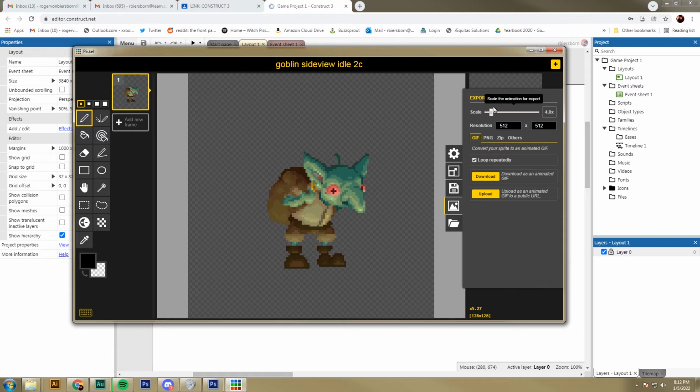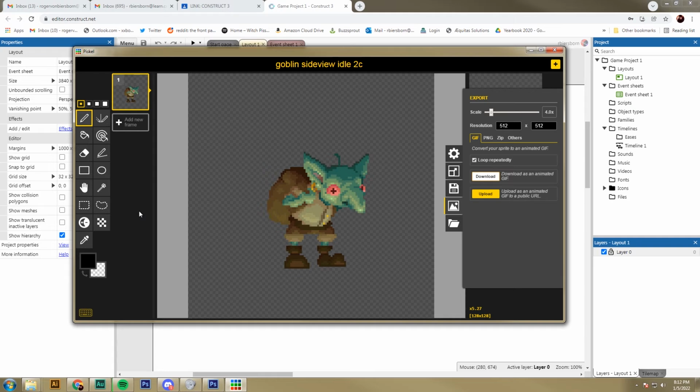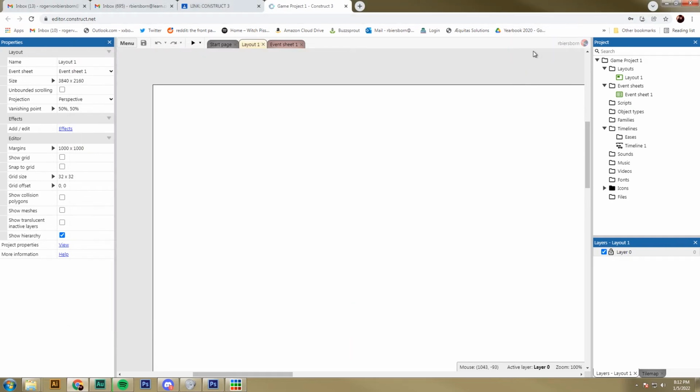Once you have GIF, you have your scale set up. You can click download and download it into your documents. I'm going to call this guy Goblin Stand because he's just standing there. Perfect. Now what we're going to do is take that exported sprite of our main character and